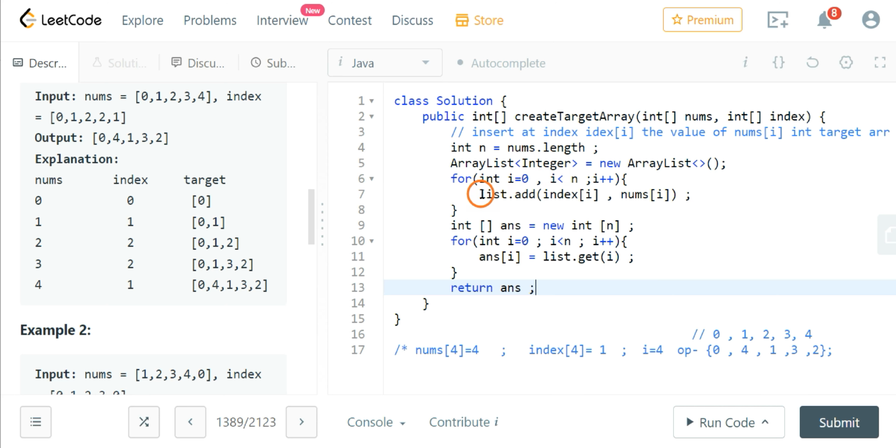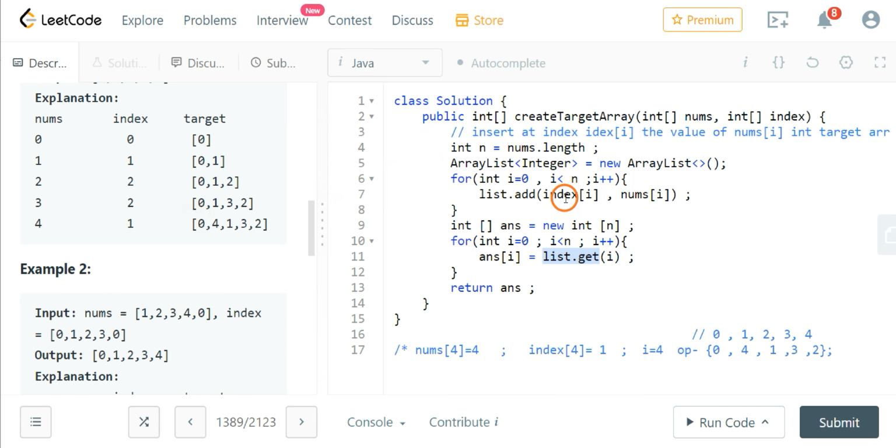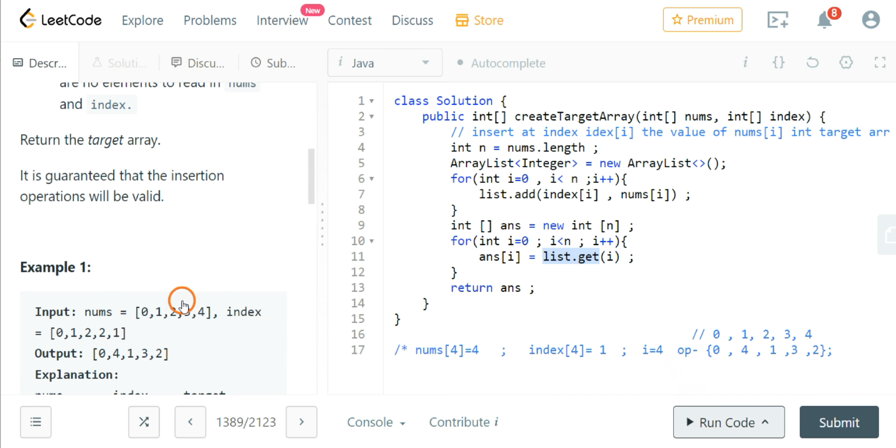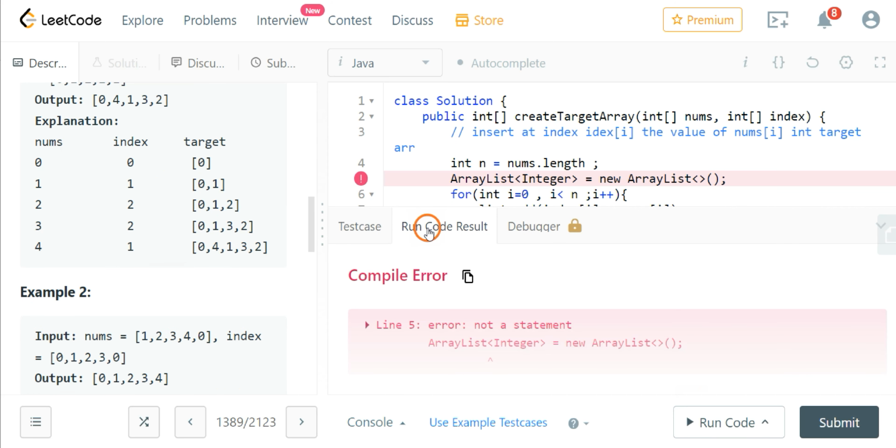So you might be wondering, what is this list dot add, this list dot get. You need to study array list before doing this question, so you can understand this easily. Let's try to run this code.